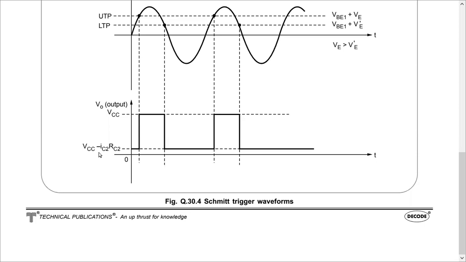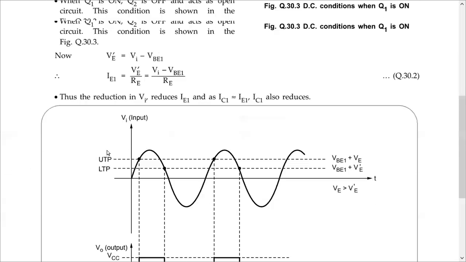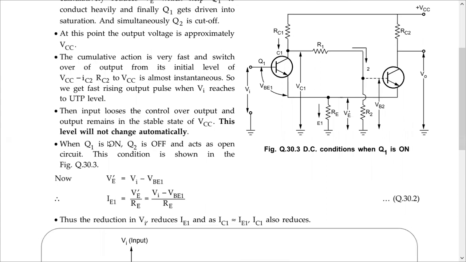Now, when Q2 becomes off, that is what we are going to discuss next. Now here Q1 is on. Obviously, this input voltage, again we have already discussed. Now tell me, for Q1 to turn off, when does that happen? When Vi is increasing or decreasing? Please answer. Decrease. Very good. Only when Vi reduces, Q1 turns off.